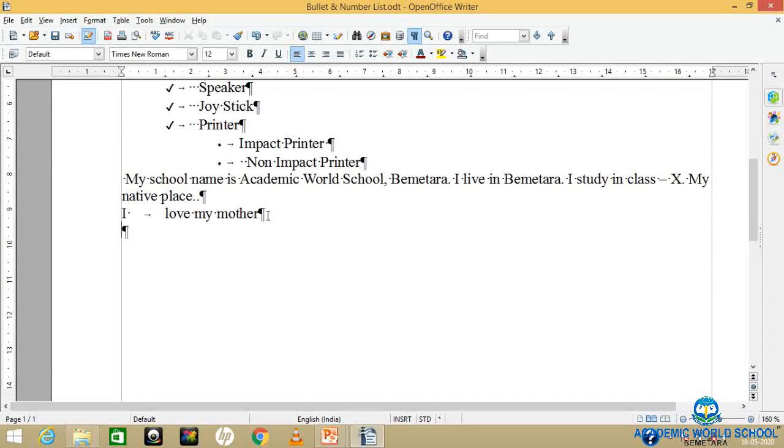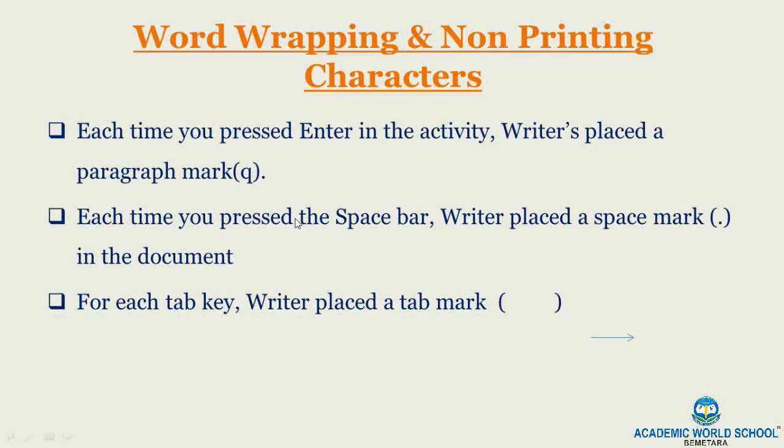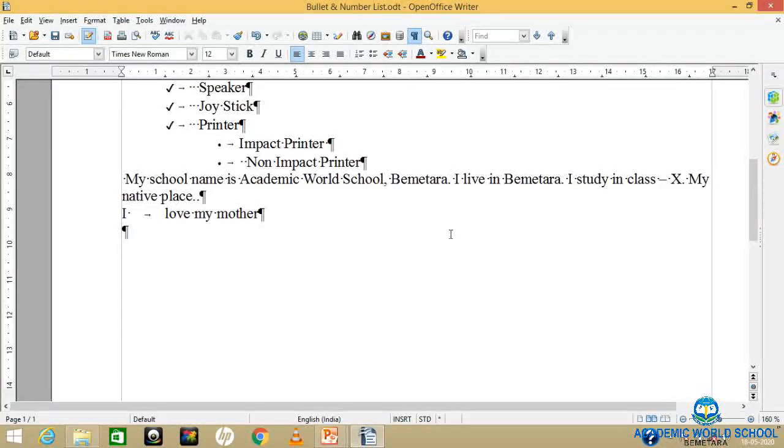Non-printing characters. So in that you will find the Q symbol representing each enter, each time you press the space bar it will be represented by this dot, and each time you press the tab button you will find an arrow here, and each time you press space bar you will get a dot here.